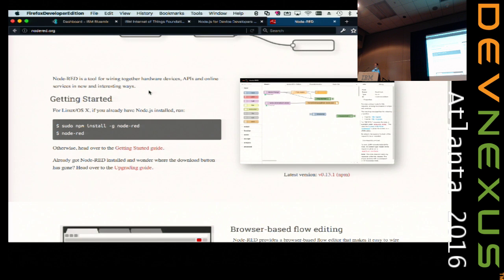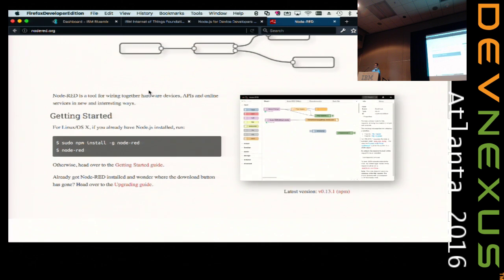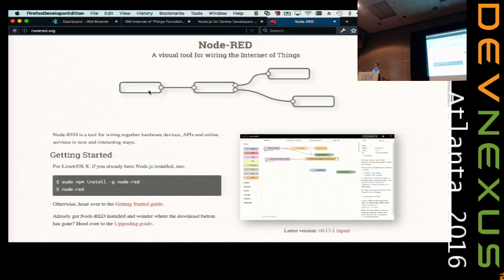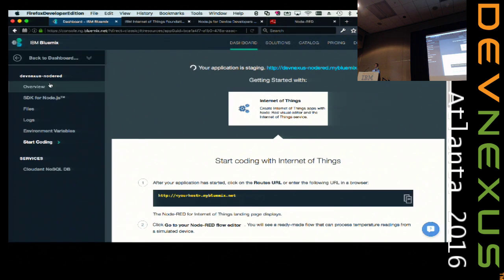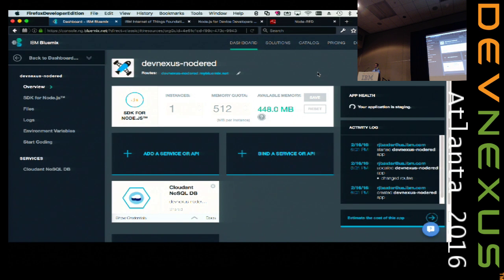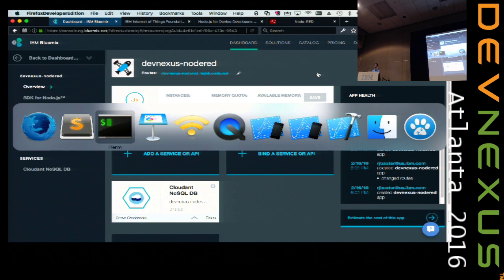It's very lightweight. It works very well in IoT solutions. In this case, we're going to run it in the cloud as the backend for our application. We'll see why in a second. Bluemix is in the process of spinning up an instance of Node-RED for me in the cloud. While it's doing that, I'm just going to give you a quick